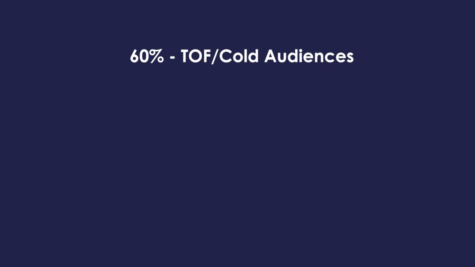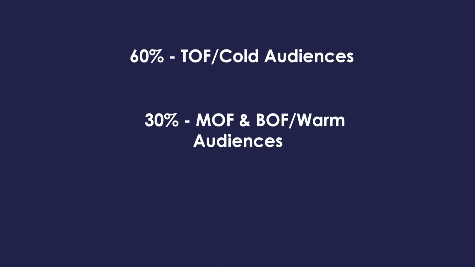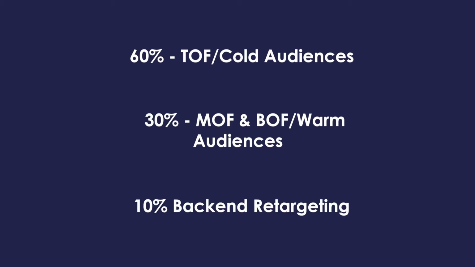Now we will look at budget optimization, which is more important when you want to get less cost per result on every purchase. Let me show you how I split the budget to get maximum result. I split 60% of the budget to cold audience, 30% to warm or retargeting campaigns, like middle of the funnel and bottom of the funnel. 10% I spent to retarget the people who already purchased from us. It's kind of back-end targeting, which I already told you.